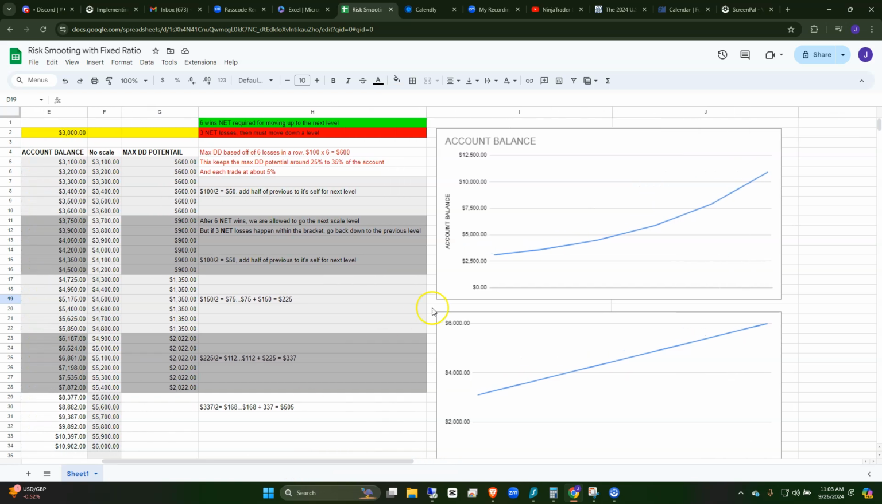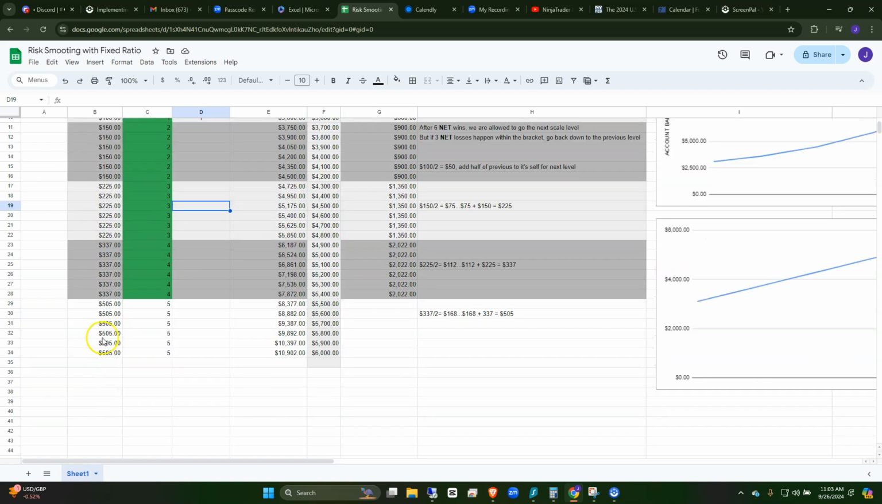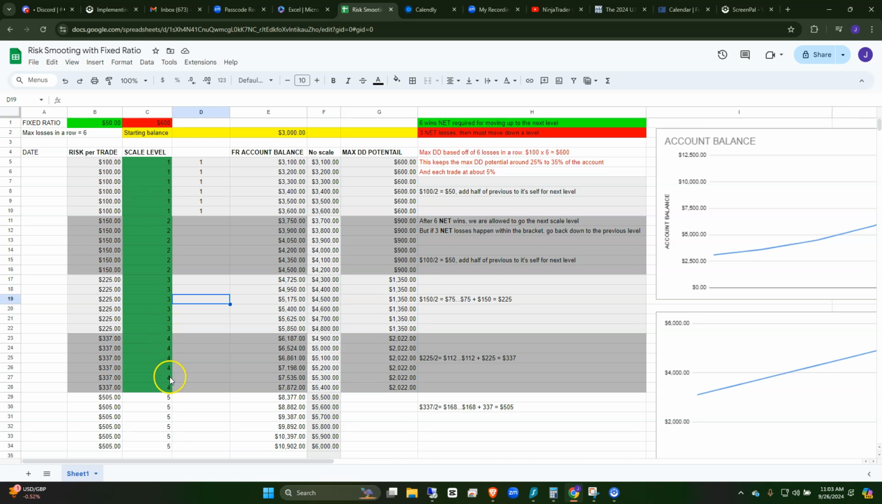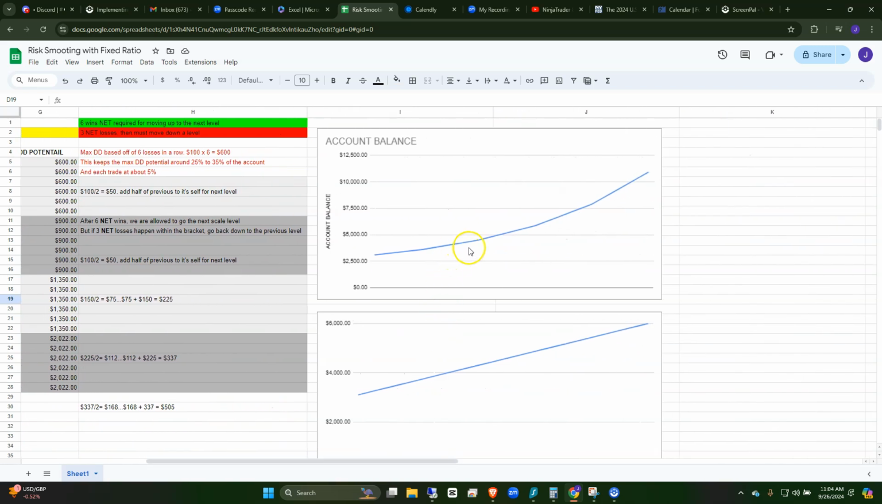And what's really cool is once you start getting up into these higher risk per trade thresholds of the 500, it really starts to climb up. So like right here between level 1 and 1, 2, 3, and 4, there's only like an extra $800 that you would have made. Like the beginning of level 4, the end of level 3. But once you get in the middle of level 4, level 5, it starts to get a little bit more exponential. And we can kind of see that here on our fixed ratio account balance graph up to almost 12,000